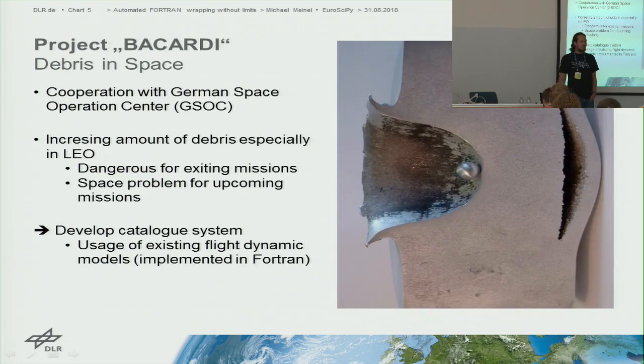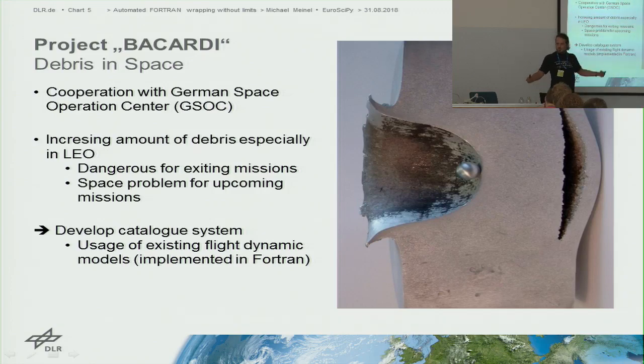And first, my current project is about space debris. So there are lots of debris particles flying around in space, and they are partly really critical, because maybe some of you heard yesterday there was a hole in the ISS. This time it wasn't a debris particle, but it might have been. We are building up a catalog which surveys the lower Earth orbit, and we also have this catalog which then uses our survey data to predict possible collisions and stuff like this. And here's a nice picture how important it is. Like a 1 centimeter